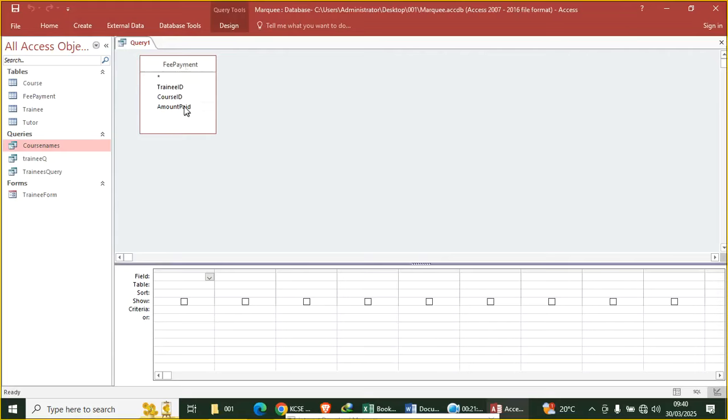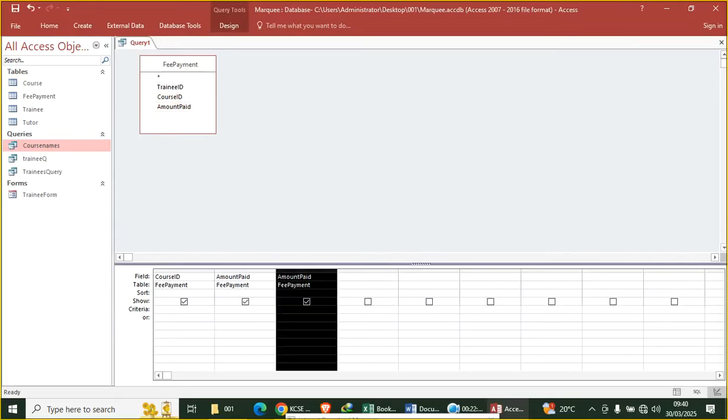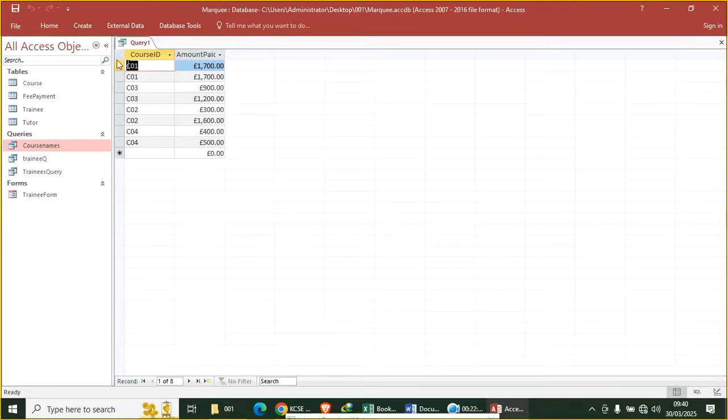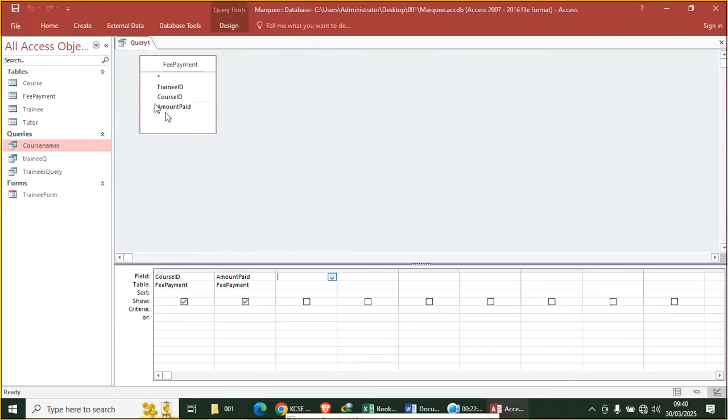So we shall come to this point. We have fee payment. Just come to this point and you can still do it directly. This one can be done directly, like that. First of all, you see whether it runs. Yeah, it runs. So once you see it's running, right click, go to design view, go to where the course